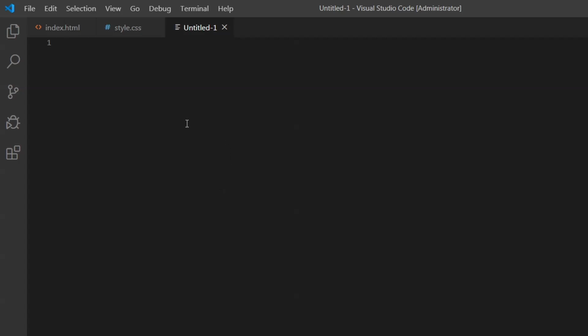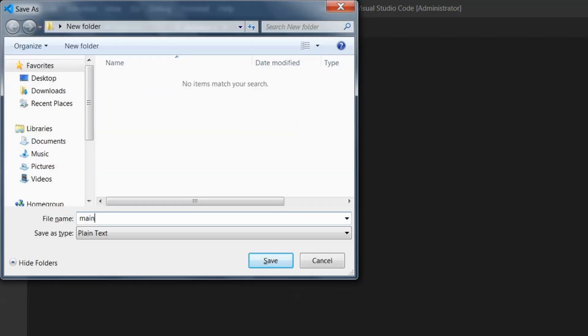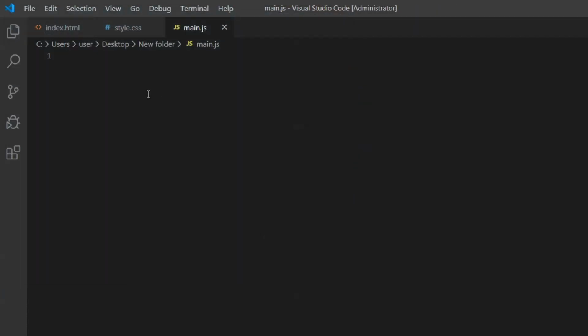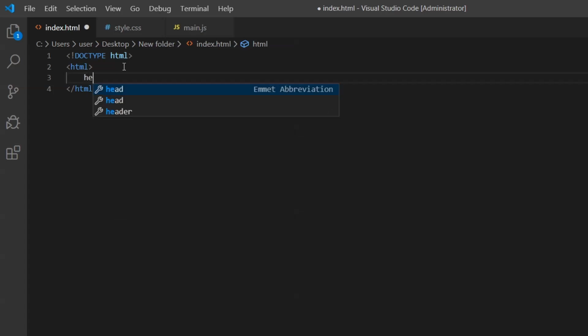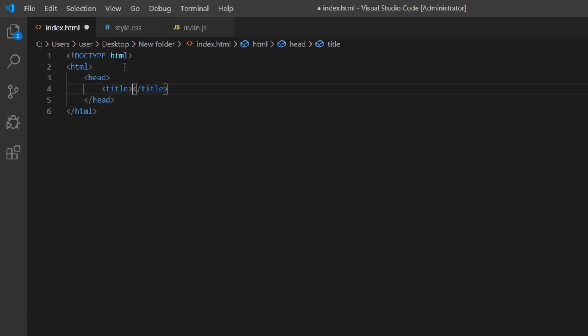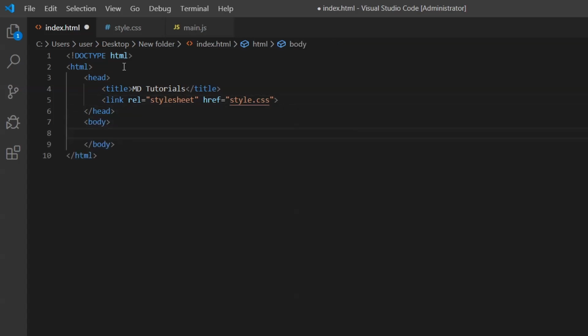Okay, new file again, and we will type main.js. Okay, now we need a basic template for HTML. Okay, we need a head section, we need a title, we will type MD tutorials, then we need a link to link style.css, we need a body section, and we need a script to link our